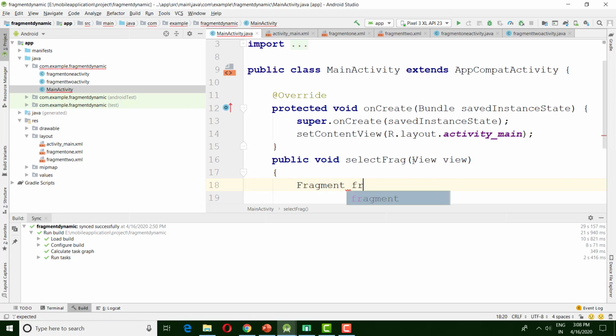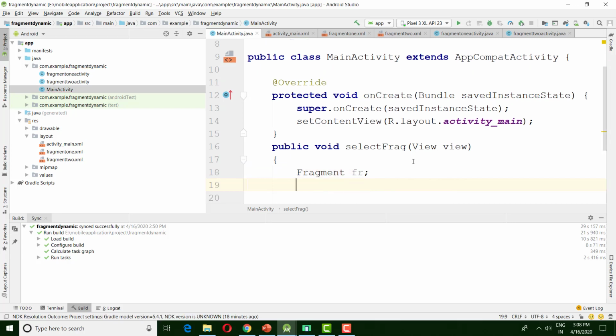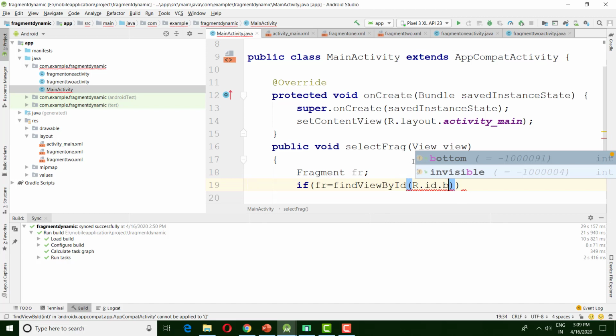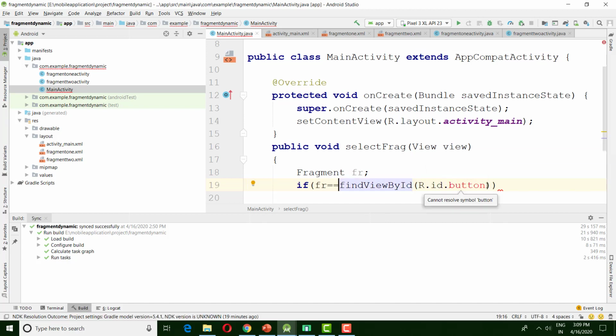Create a Fragment class variable, fr. Now check the view, findViewById, R.id.